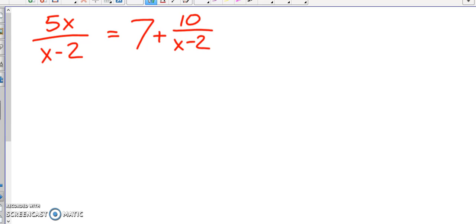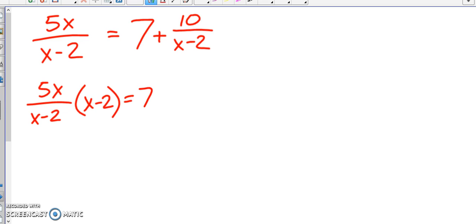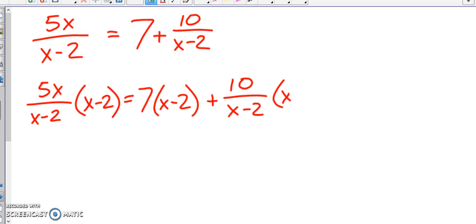Can you see what the common denominator is? Considering the fact that the 7 is essentially 7 over 1, hopefully it's fairly clear that the common denominator would be x minus 2. So I'm going to take each piece of this, multiply it by x minus 2. So all those cancel, and I have 5x equals, I distribute the 7,